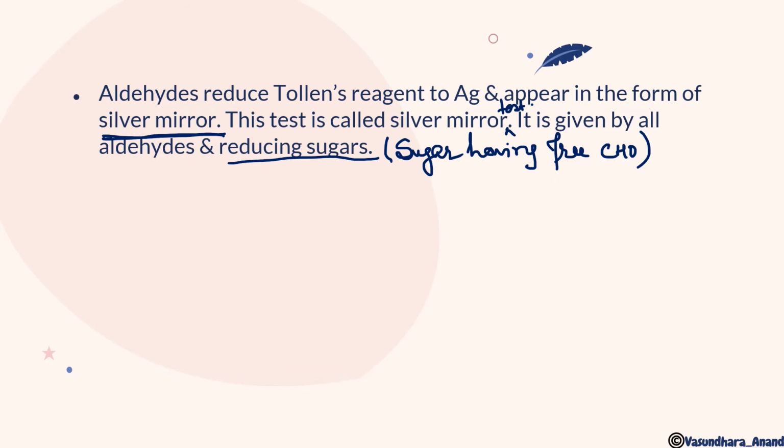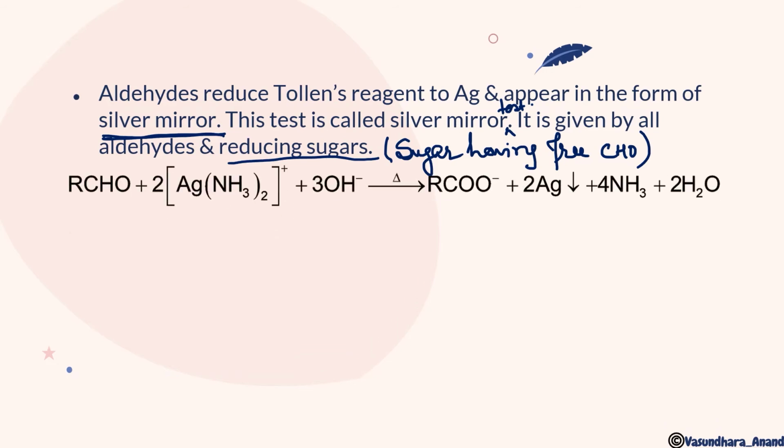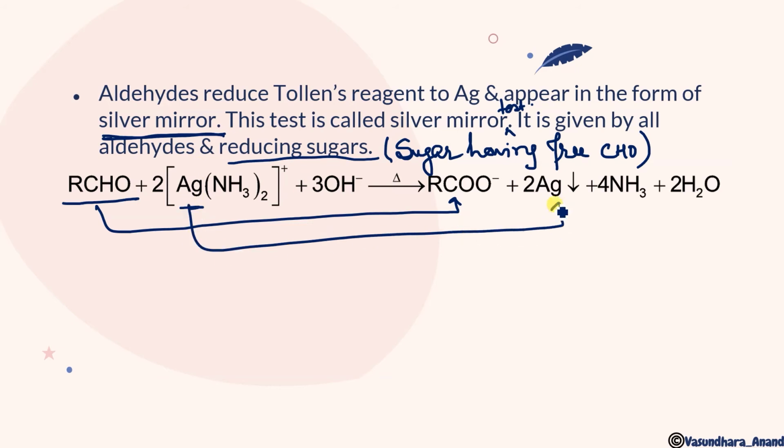Yes. So next thing, this is the equation: RCHO, and this is the ammoniacal silver nitrate solution. If I write the complete formula, it will be Ag(NH3)2 NO3 over here. Okay, alkaline silver nitrate solution it is. So this was like this. Okay, and when we heat in the presence of that, this aldehyde will undergo oxidation and will form an acid, and this silver here, which is in +1 state, will reduce to form Ag.